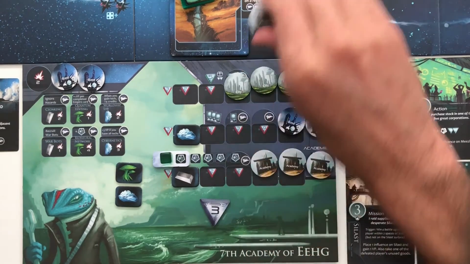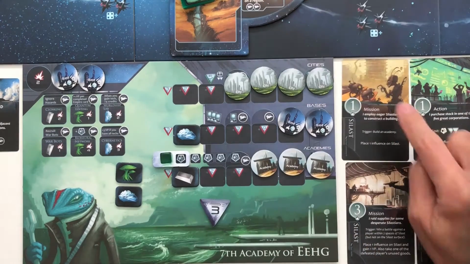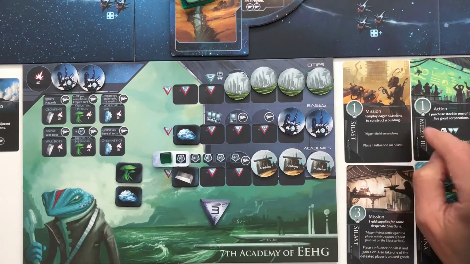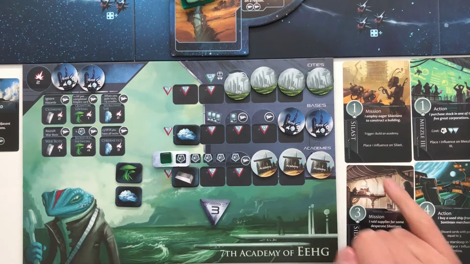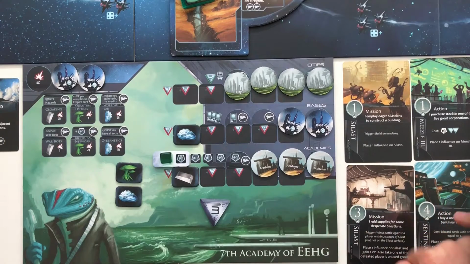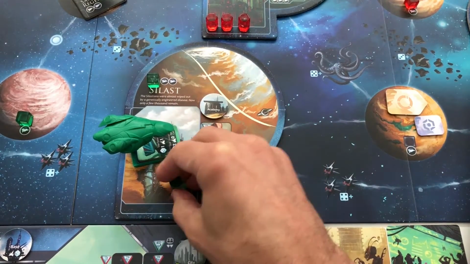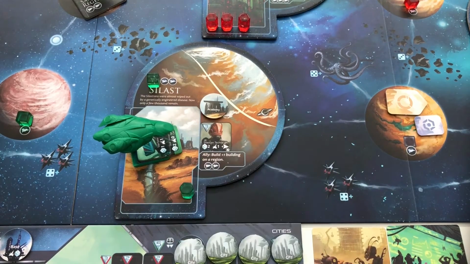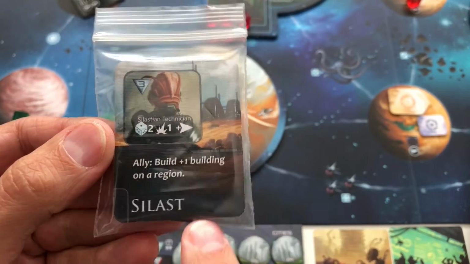And I'll build the Academy up here on Celast, and I'll just put it up here for now because I want to do this here. I employ eager Celastians to construct a building. Trigger: build an Academy. So I did do that. Place 1 influence on Celast. And now I will put an influence there as well. And because I am the player with the most influence, I now gain the Celastians as allies. And while I have them,